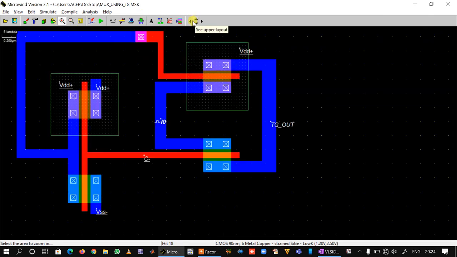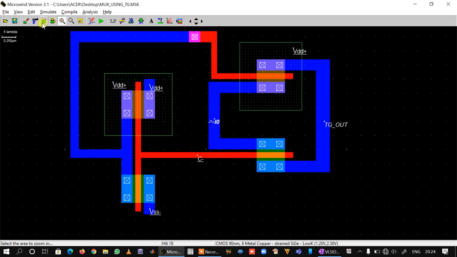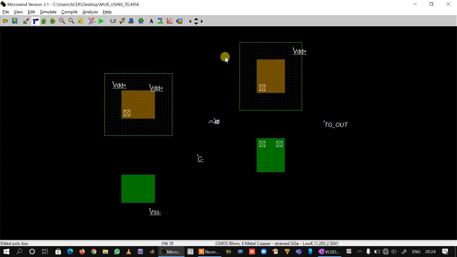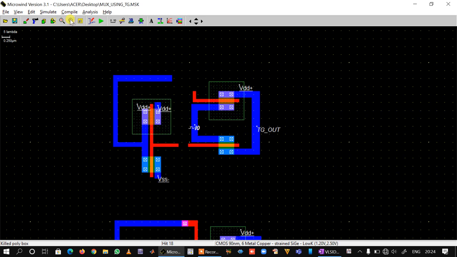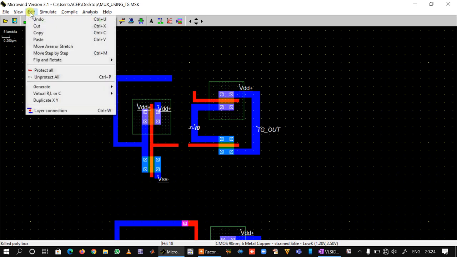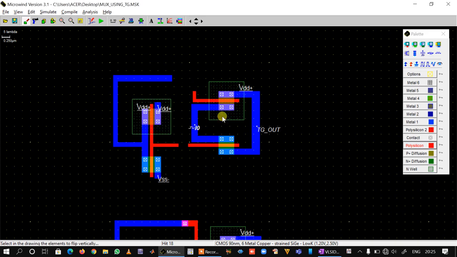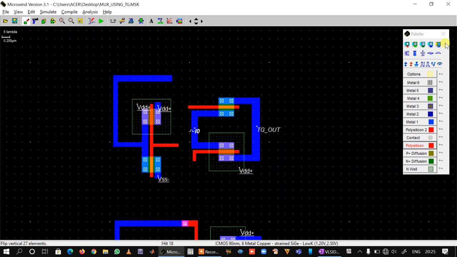So we will put cuts here. We will say edit, flip and rotate, flip vertical, and we will flip it vertically like this.